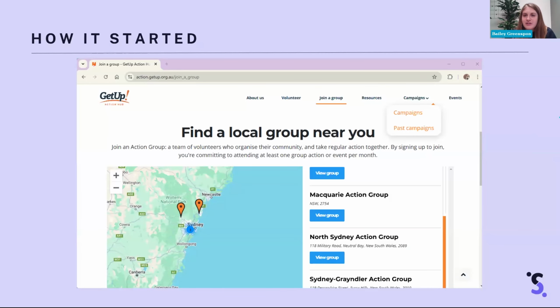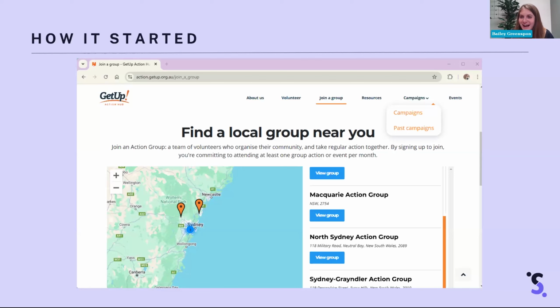I'm going to get into the features in just a moment, but I want to give you some context for how SupporterBase started. The story began in Australia with a campaigning organization called Get Up. You may be familiar with their American or Canadian counterparts, Move On or Lead Now. And Get Up came to Code Nation to devise a solution for their volunteer management program. They were establishing